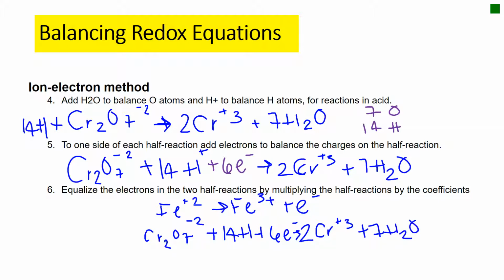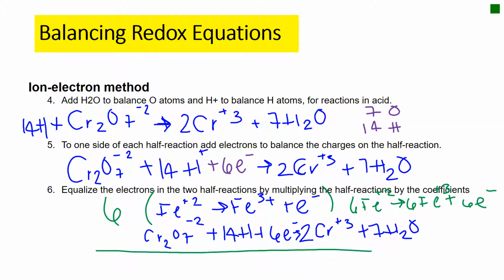Now we're going to have to multiply our oxidation reaction times 6. So that's going to give us 6Fe. So now we are ready to